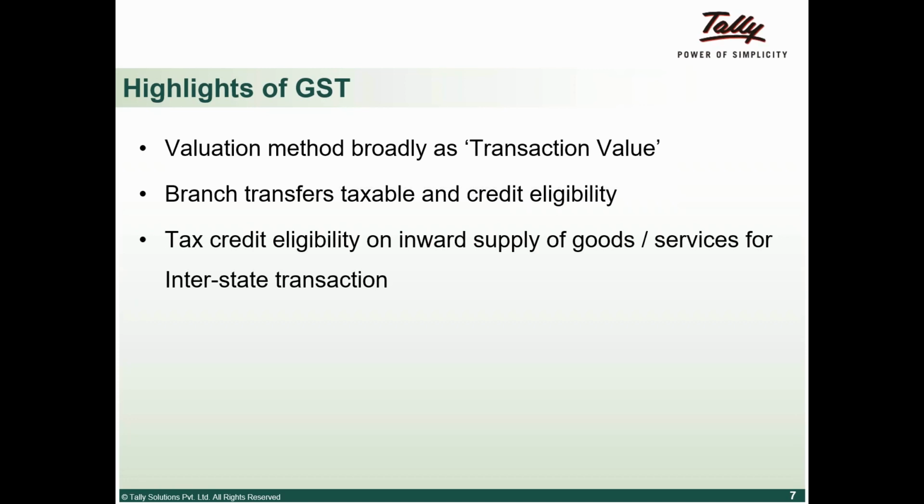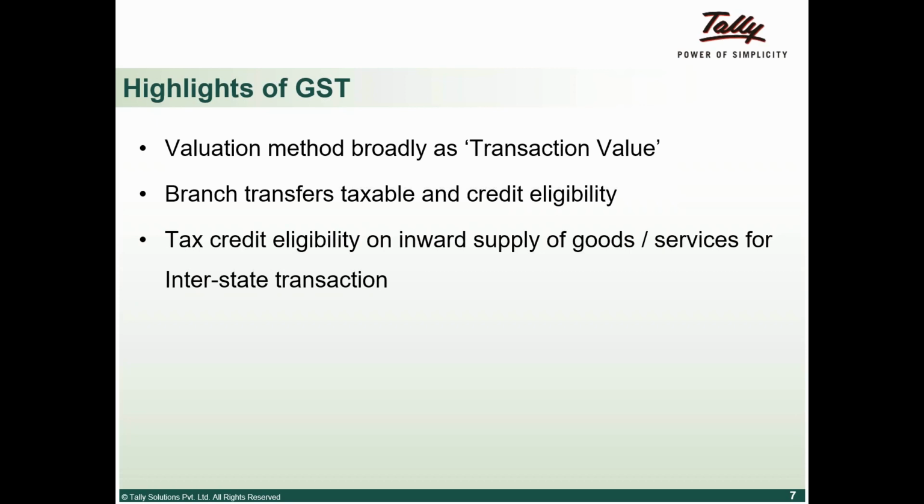Okay, the other important thing. This is another area where the cascading effect is going to get eliminated. Currently, for all interstate trade, CST is charged, on purchase or sale. So when I am buying material, let's say I am in Karnataka and I am buying material from a supplier in Maharashtra, CST is going to be applicable. What is the CST that is going to be applicable? CST as per the prescribed rate in Maharashtra, whatever is the scheduled rate prescribed for that particular item, that rate is going to be applicable.